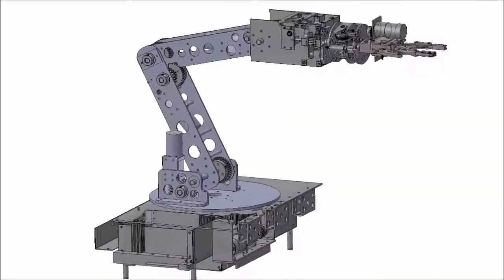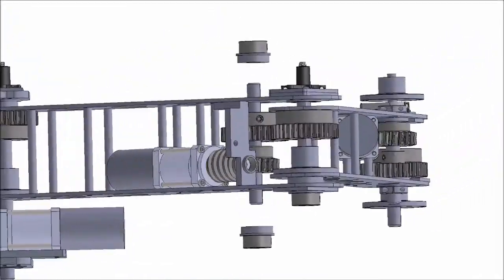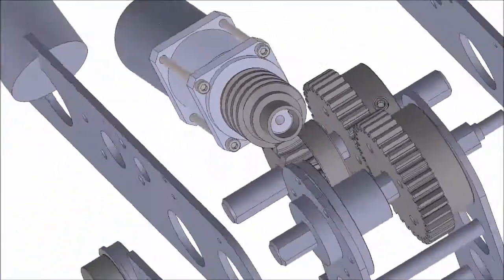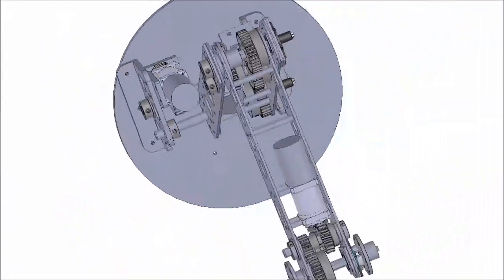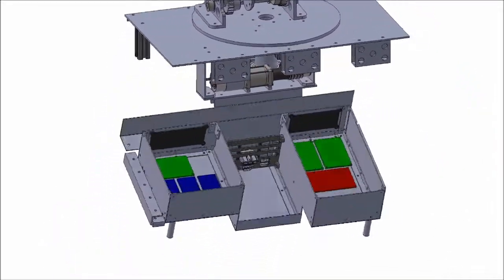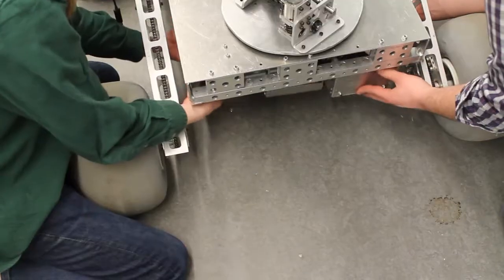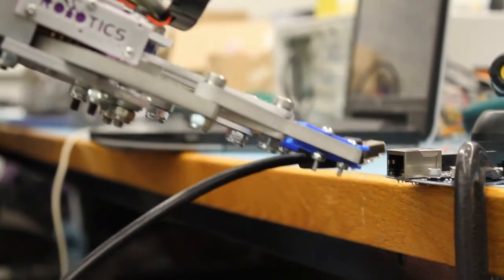The basic structure of the arm is similar to the previous design, with 5 degrees of freedom plus an end effector. Worm drives are used to maintain arm pose while drawing negligible current. Electrical cables are routed through a hollow turntable shaft and wrist slip ring to prevent tangling and thereby increase arm mobility. Designed to keep electronics enclosed and off the moving joints, the arm features a bottom-mounted board drawer to house all custom arm boards. The drawer can be removed independently of the chassis and offers complete access to team members